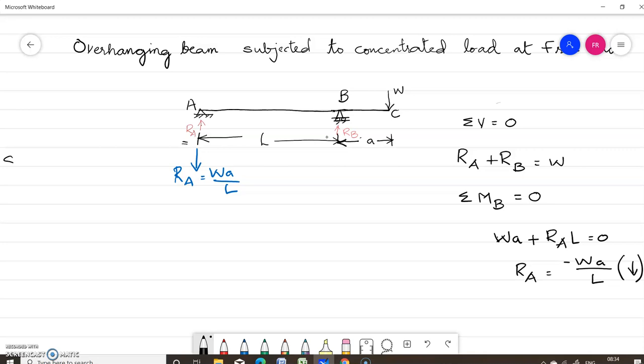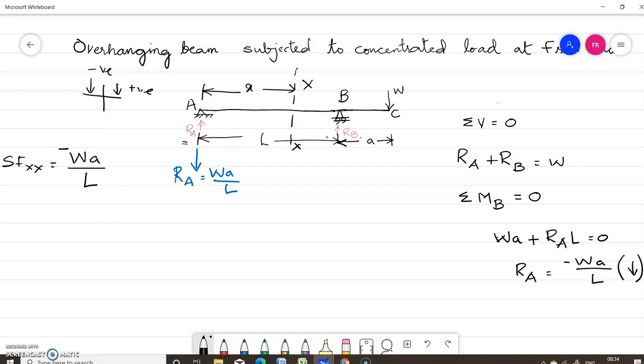Okay, now we have to draw the shear force diagram. So what is the shear force? You consider a section line at a distance small x from the left support, section XX. So first of all, let us write what is the shear force at this section XX. Shear force at XX is the unbalanced vertical force to the left of the section line, which is equal to this reaction only, Ra, which is equal to Wa by L. It is acting downwards. So our sign concept is right downwards is positive and left downwards is negative. So this is left downwards, so minus. Now this remains constant up to B.